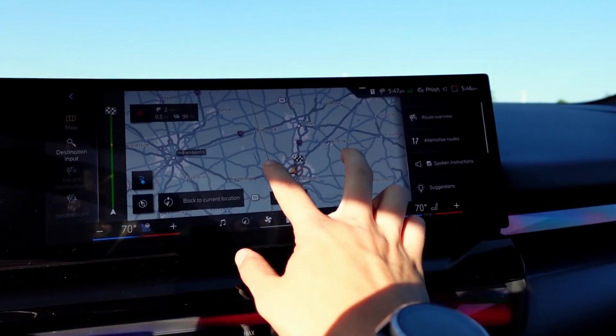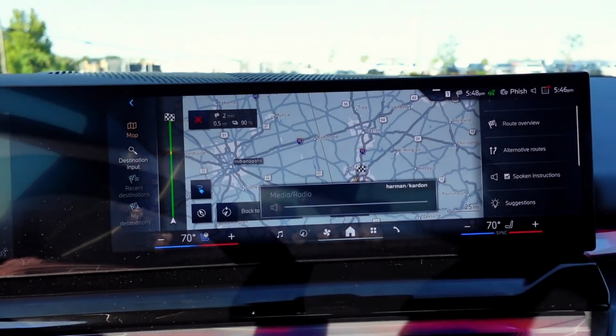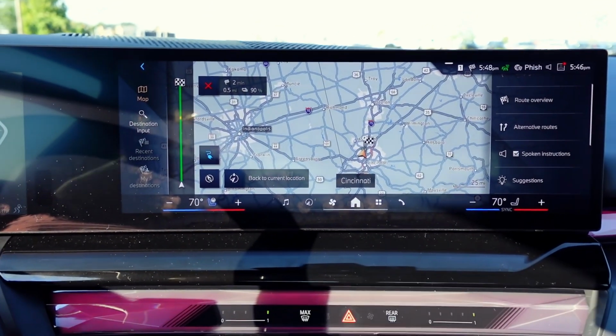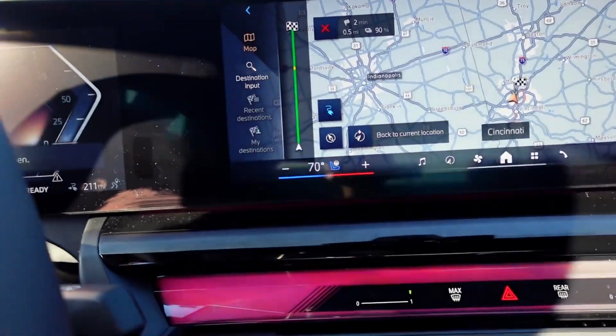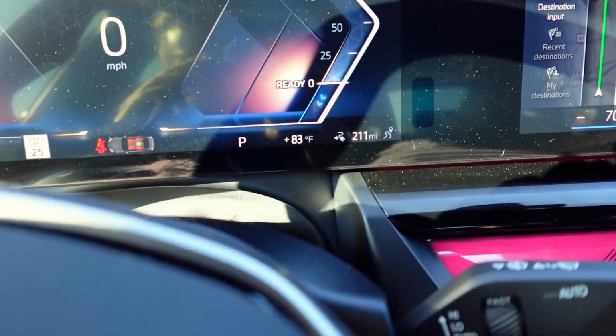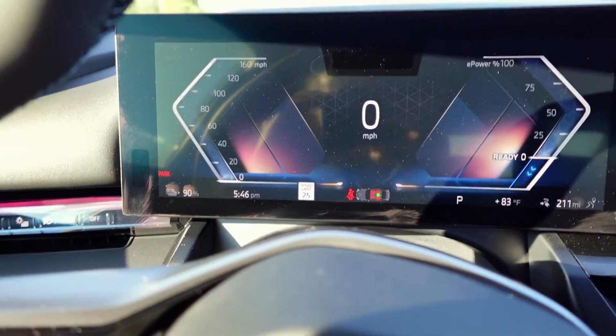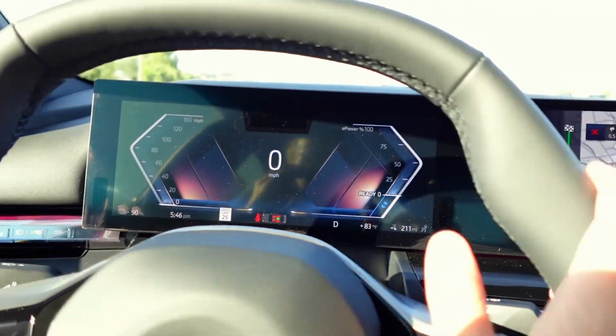I guess it has to be a farther away portion. Basically, there's a big blue bubble that'll show up on the outside of the car whenever you have your navigation going, which is quite nice, because you can basically figure out where you need to go and how far you'd be able to get there. And it also will always tell you your range in the bottom corner here. Right now it's saying 211 miles at 90%,